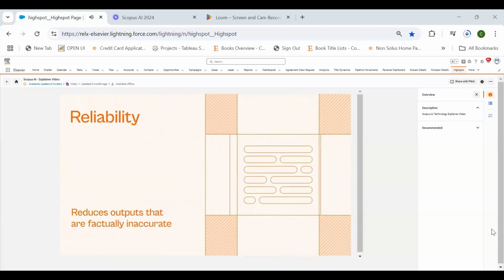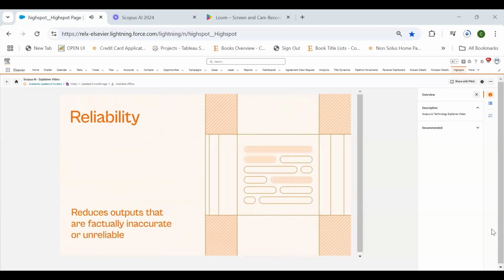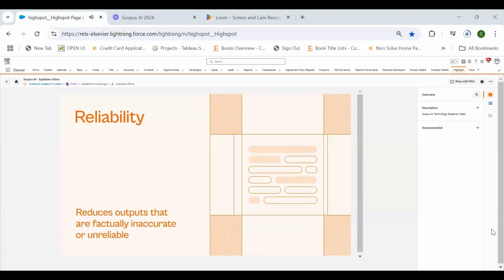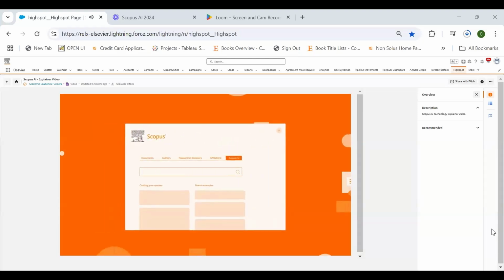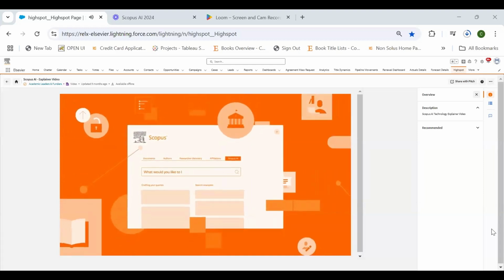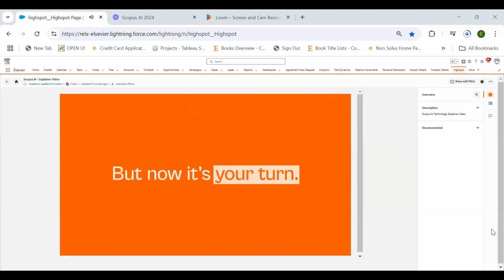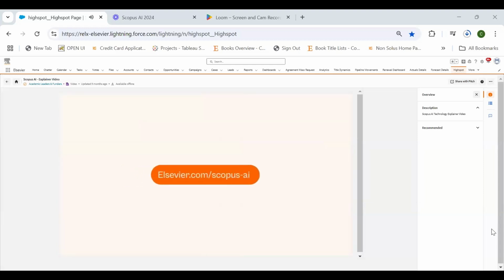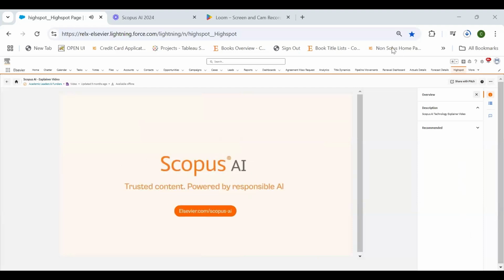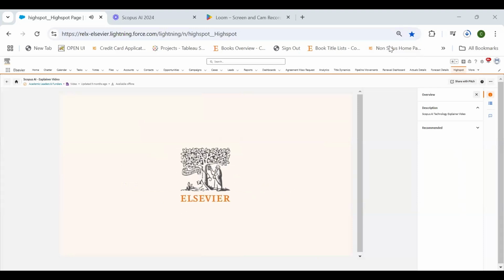The prompts that lie behind Scopus AI help produce outputs that are factually inaccurate or unreliable. Scopus AI has been engineered to meet the needs of researchers and the research community the world over, but now it's your turn. Head to elsevier.com/Scopus-AI and discover how Scopus AI can advance your understanding, enrich your insights, and transform your overall research experience.